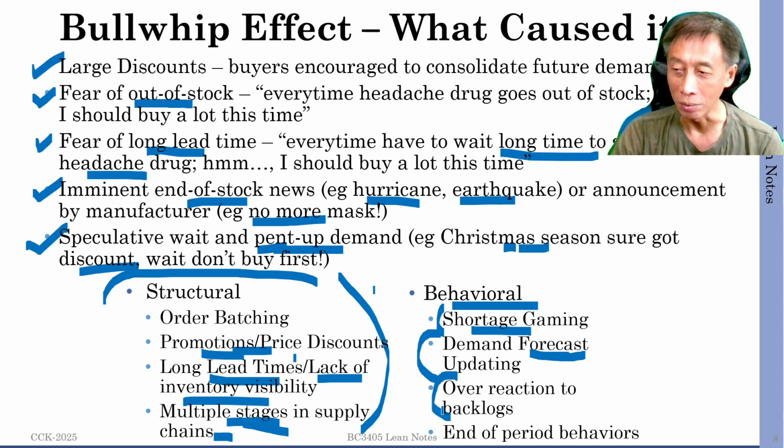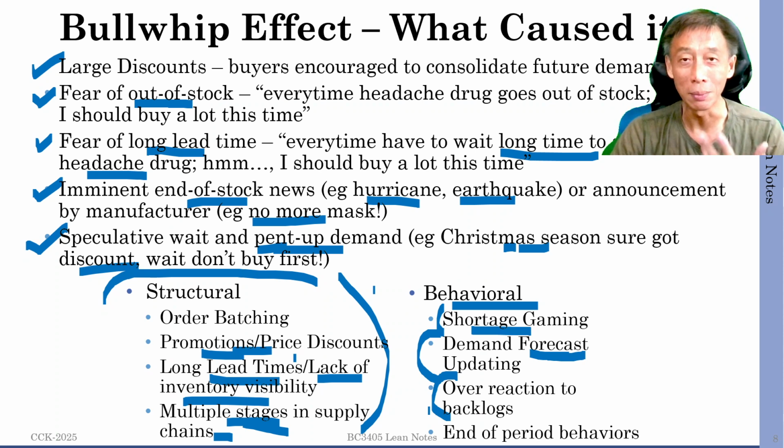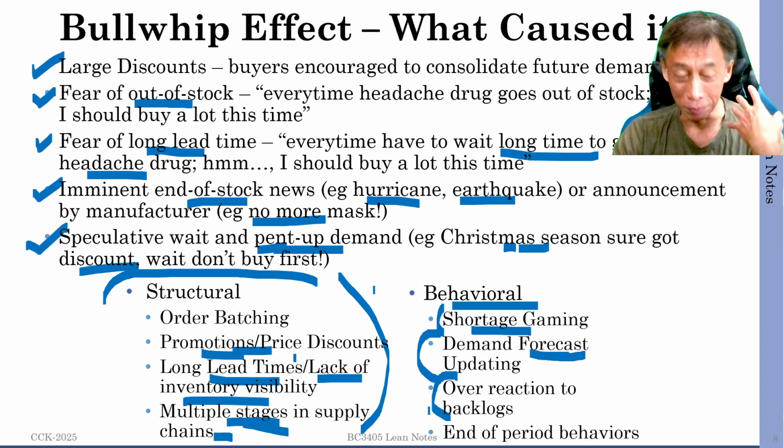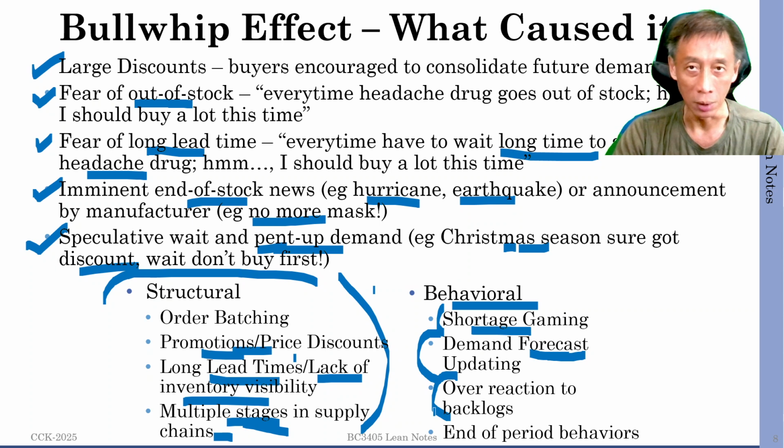Overreaction to backlogs, right? So there is lack of supply for a while, so now there's an overreaction. Oh, you are always unable to supply on time to meet the demand, right? So what will the customer do? I overreact, right? I think of the worst and I double my demand quantity so that I will have some inventory to cover this period of lack of supply. I think, when actually it's a one-off phenomenon, but I over-exaggerated it. I overreacted. So that can happen.